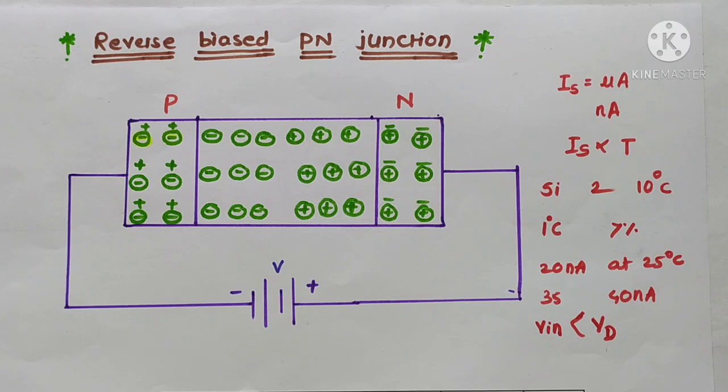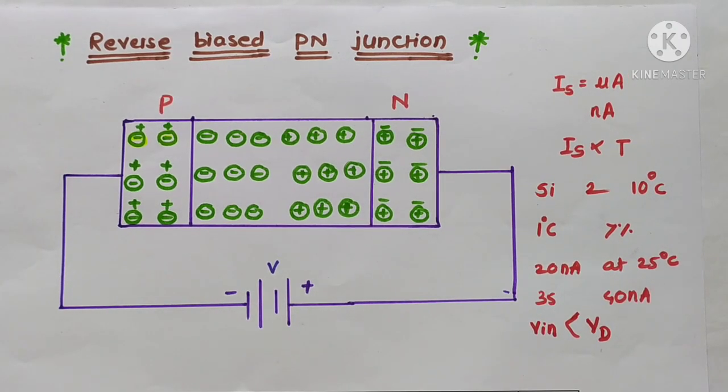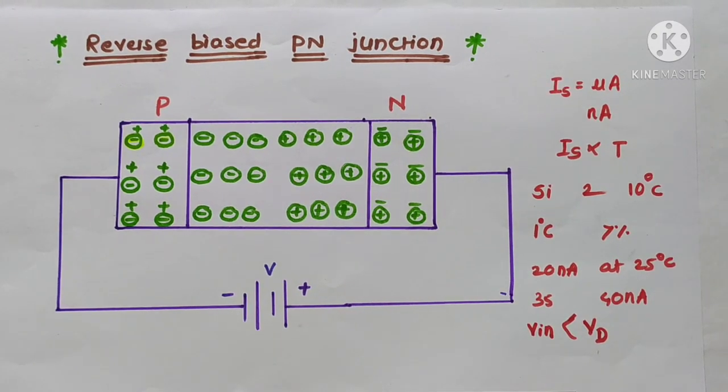Okay students, so in this way today we have finished the PN junction diode, that is the formation of the PN junction diode and barrier potential, and the two most important concepts, forward bias and reverse bias condition of the PN junction diode. In the next lecture we'll see some comparison points of the PN junction diode in forward and reverse bias direction, and the energy band diagram in the forward and reverse bias direction.